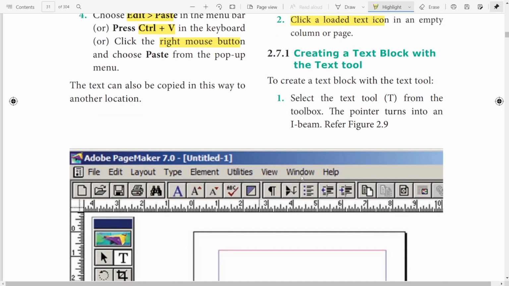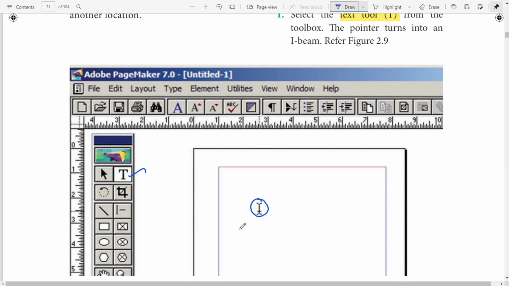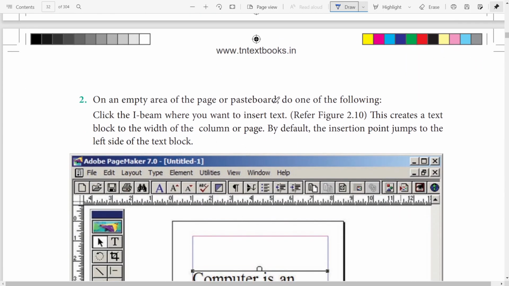Creating a text block with the text tool. Now we are going to create a text block using a text tool. Just select the text tool from the toolbox. Our first thing is I need to select the text tool from the toolbox. I'm going to move the mouse over here. This is a text tool. I'm going to select it and then my icon will appear like this. Is it clear? Okay. After appearing like this, on an empty area of the page or pasteboard,